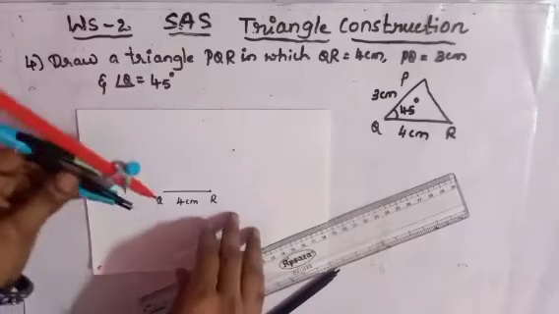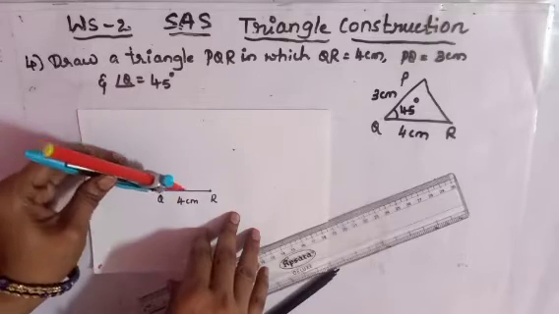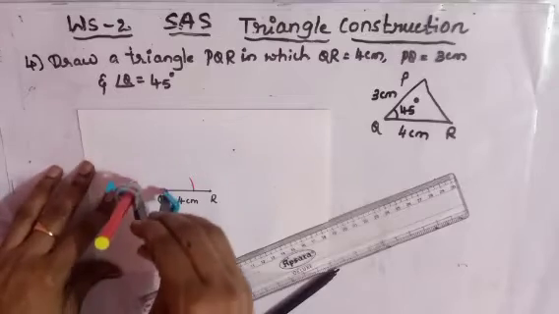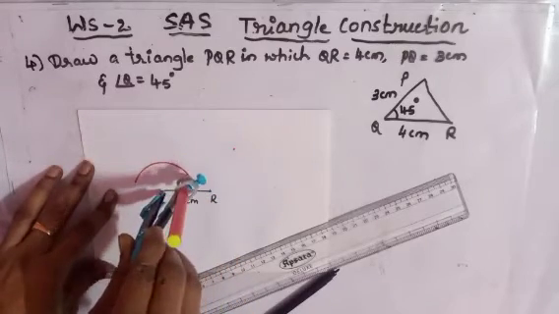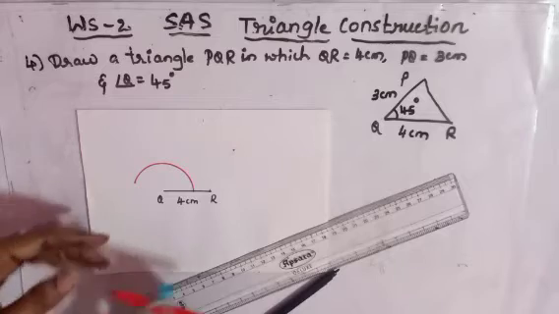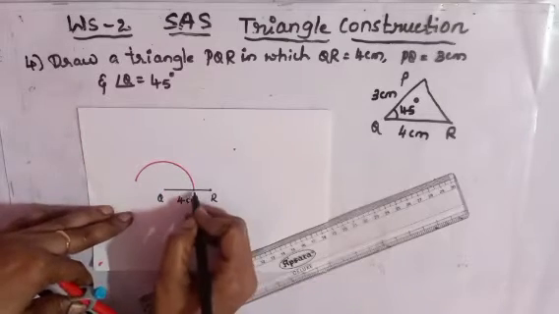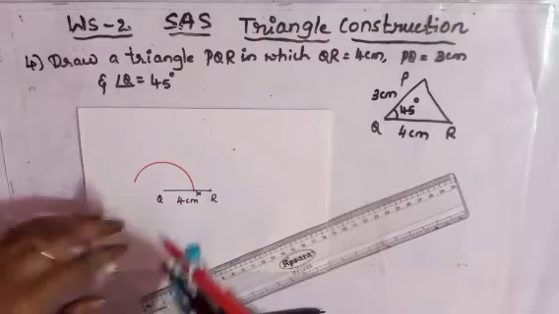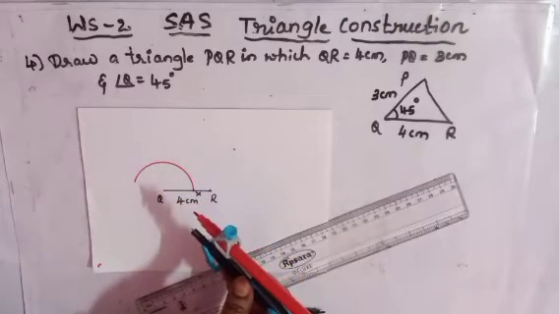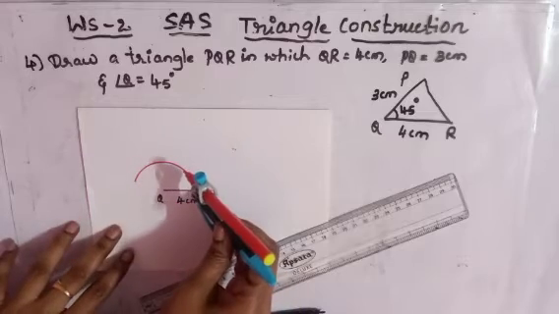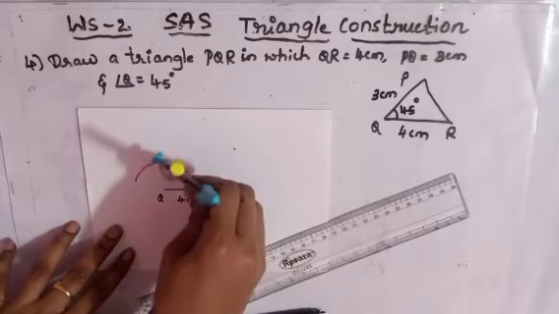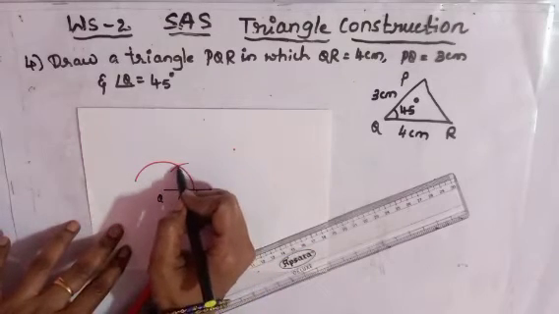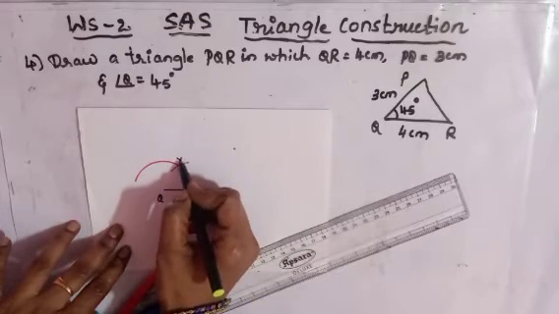Place the compass at point Q. With convenient radius, draw the semicircle. Take any radius, convenient radius, draw the semicircle. Next name this point as X. Next with same radius, don't change the radius, place the compass at X and draw an arc. Now what we got, first arc is 60 degree. So name this point as Y.